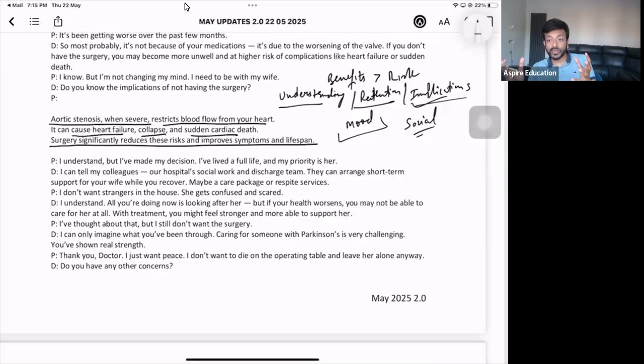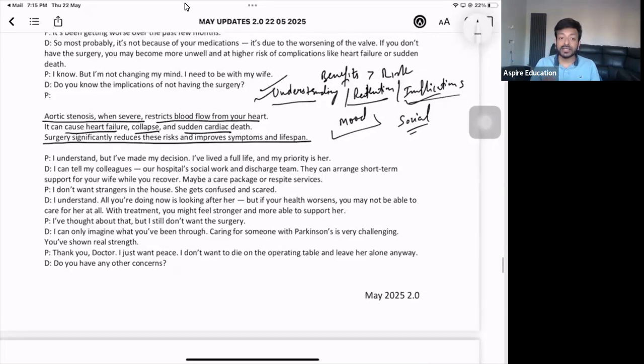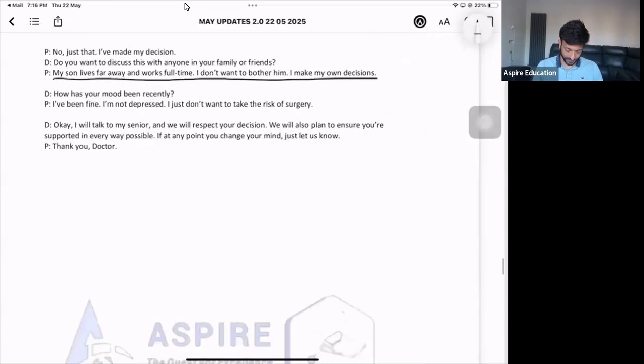He says, I know that my condition might get worse, but I don't want to take these medications. Do you understand that? Yes, I do understand, and I have made up my mind that I don't want to take this medication. So this is understanding as well as retention of information. This is how I'm going to check. So you can start with implication and then you'll be able to check the understanding. Let the patient repeat things in his own language.